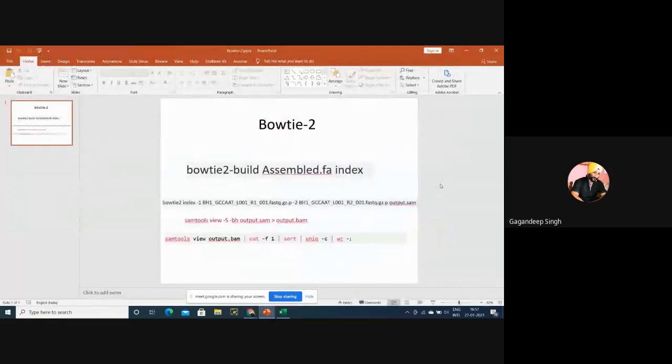Okay. Now, first of all, I think you have read about this Bowtie 2 tool. First of all, I'll tell you in detail what this Bowtie 2 tool does, and what the commands are that we have to run whenever we are working with differential gene expression. Okay. First of all, if you have installed Bowtie 2,